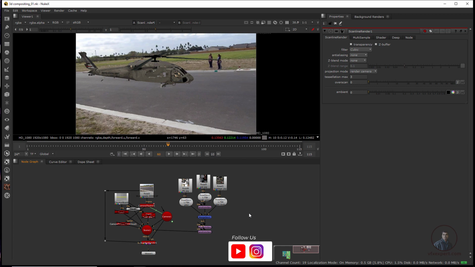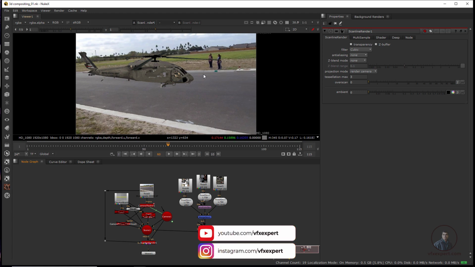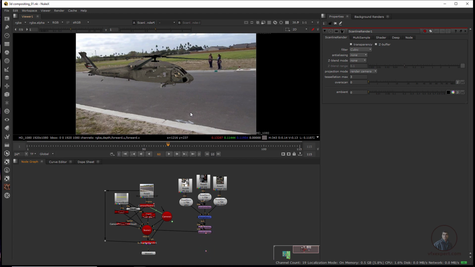So today we are going to see how we can export 3D camera tracking data for Maya. In the previous part we tracked our shot, and I adjusted some orientation in Nuke, and I have imported a 3D model in Nuke. Now today I am going to export this camera data for Maya.